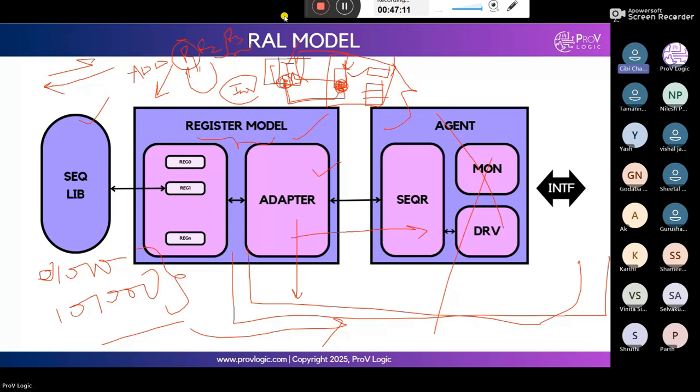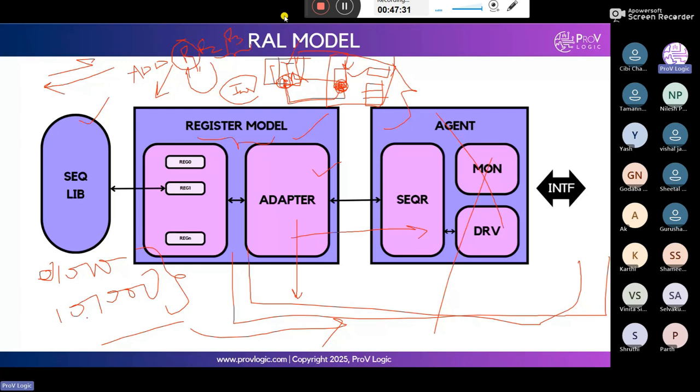The address of a register is the offset value, the offset address. It is different from binary. Inside our DUT we have the register, and it contains that binary register data. The same offset address will be there in the DUT.